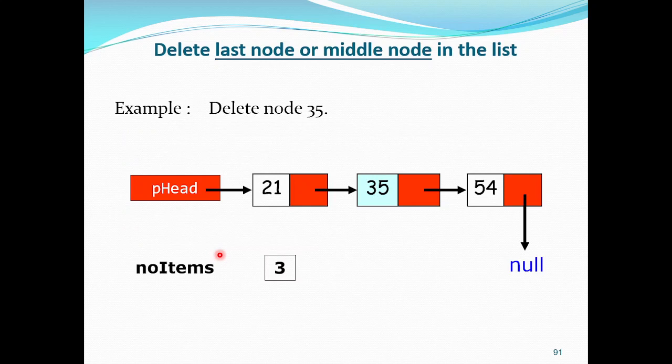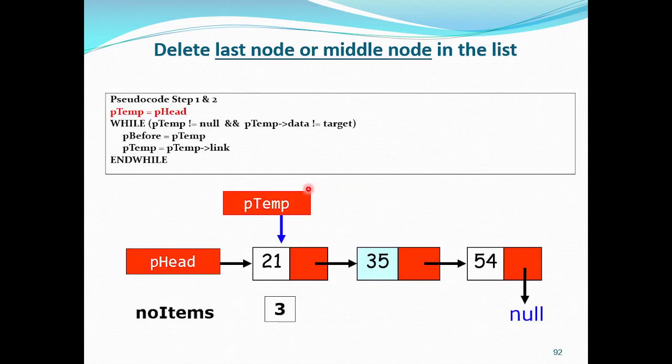So how is it going to do that? Let's say we're going to delete the middle node, or we're going to delete the last node. The same algorithm. So delete the 35. We need to make the ptemp equal to phead, and we need to move the ptemp until it reaches the node that we're going to delete. Alright, so ptemp starts with head, and we move the ptemp pointer with this condition in a while